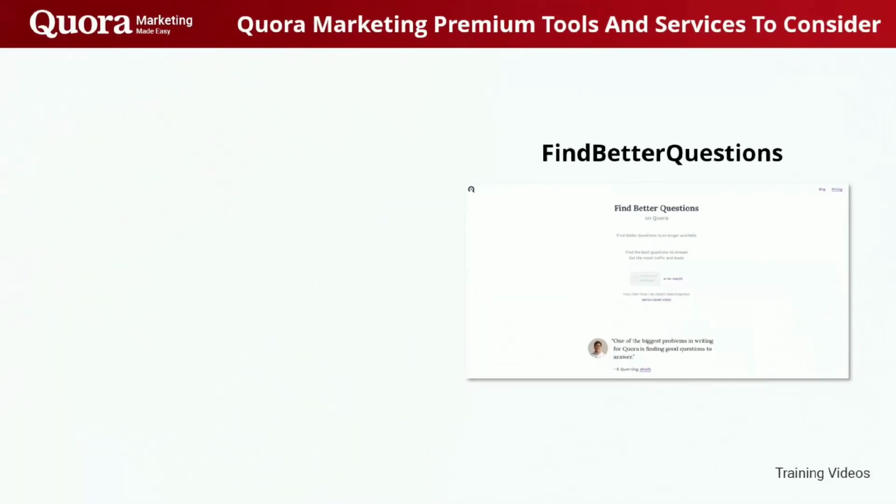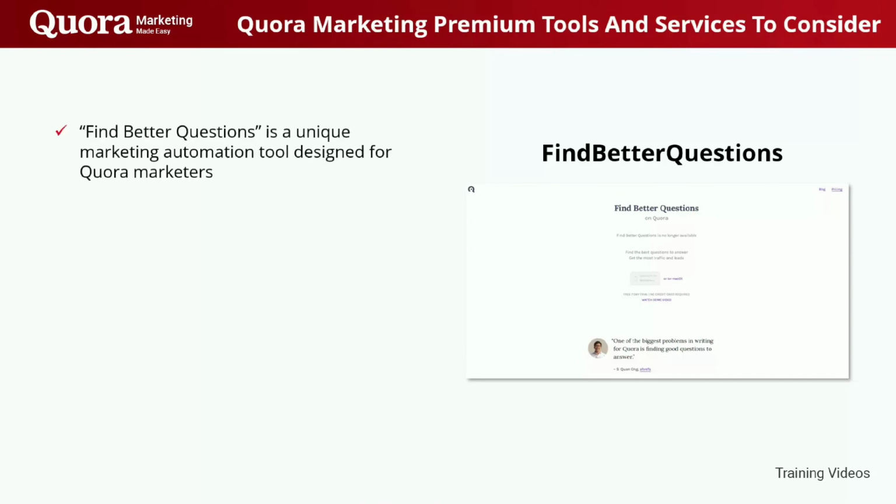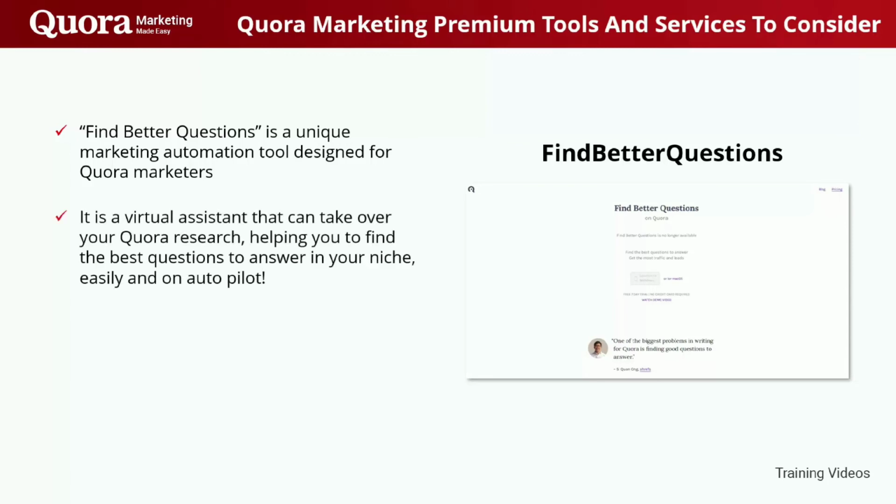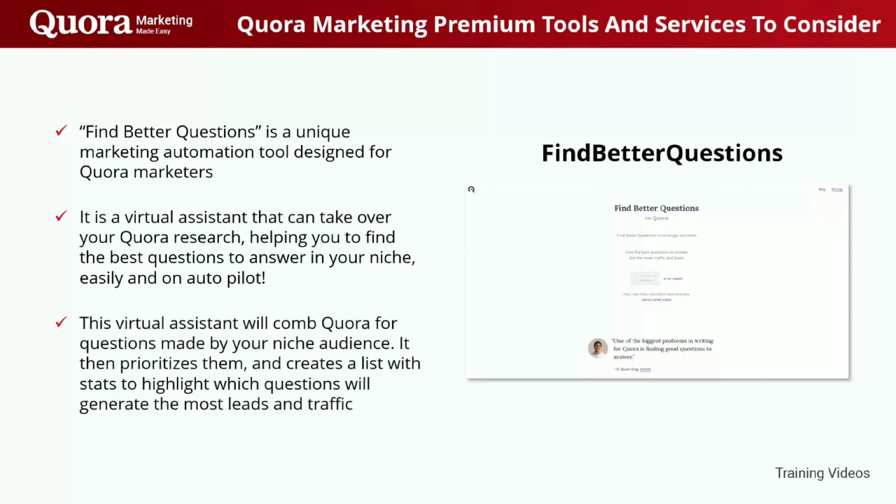presence. Find Better Questions. Find Better Questions is a unique marketing automation tool designed for Quora marketers. It is a virtual assistant that can take over your Quora research, helping you to find the best questions to answer in your niche easily and on autopilot. This virtual assistant will comb Quora for questions made by your niche audience. It then prioritizes them and creates a list with stats to highlight which questions will generate the most leads and